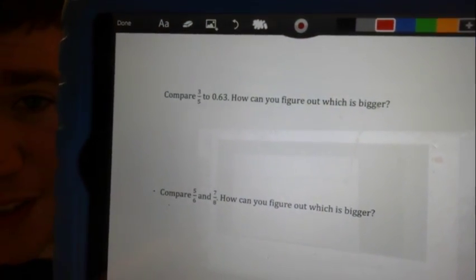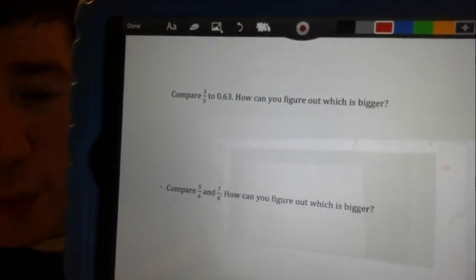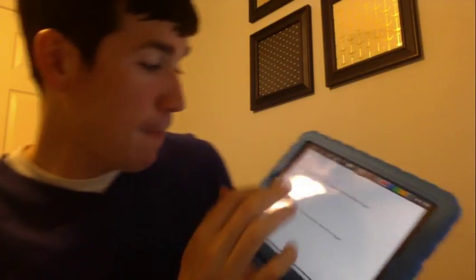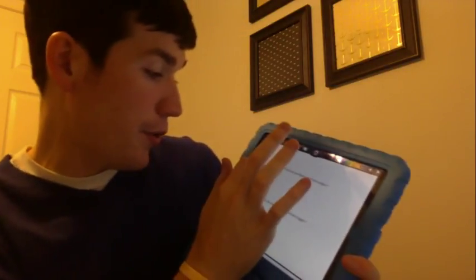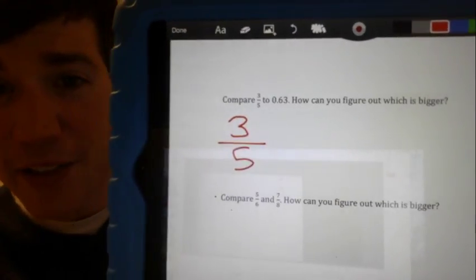All right, we're going to try to go pretty quickly through this part. Compare 3/5 and 63 hundredths, and how can you figure out which is bigger? Now, you have a lot of different options here. I'm going to give you 2 different options to start off on this one. 2 ways that I would do this. Number 1, you have a fraction and you have a decimal. One thing that I might try to do is to take that fraction like this and to turn it into